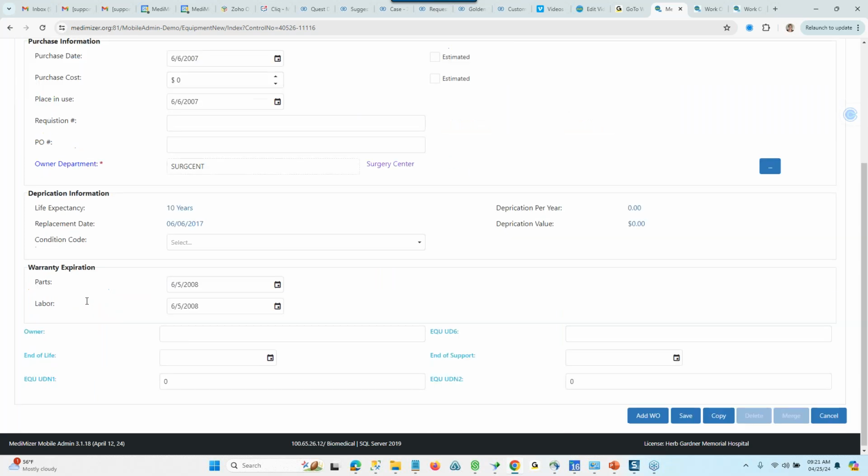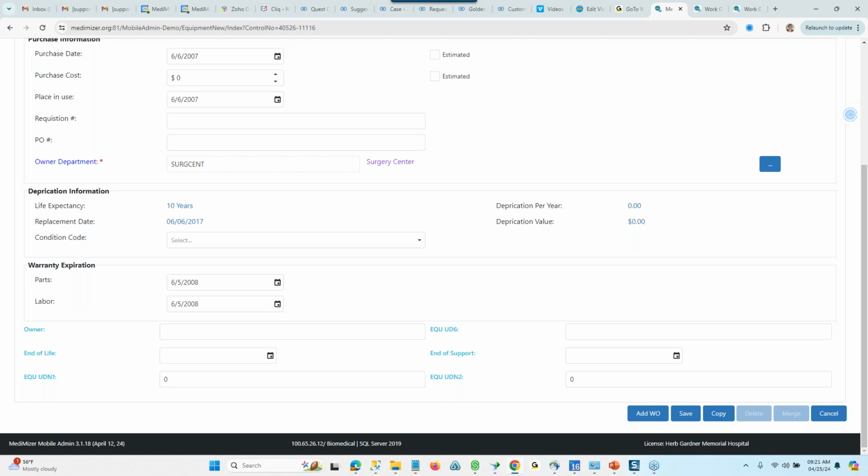Your depreciation information, that's really going to be based on when you're putting in the life expectancy. You can set that up at your class and model. And with your purchase dates, this is going to automatically come through and let you know, okay, well, this particular device has a 10-year expectancy, and this would be your recommended replacement date based on your purchase date. We'll do all those calculations for you. If you have your dollar figures in there, we'll also calculate that depreciation for you. We track your warranty information, and then you'll notice you have 6 additional user-defined fields on the